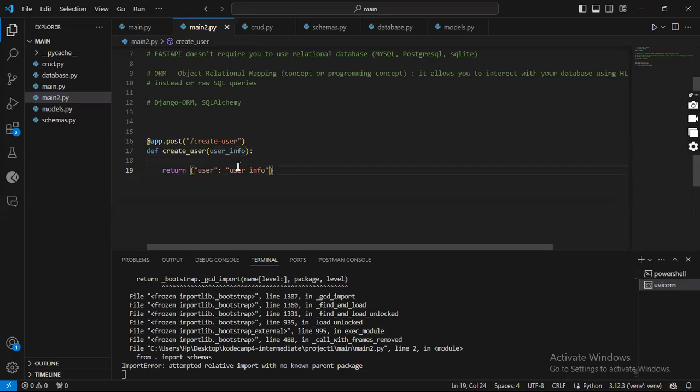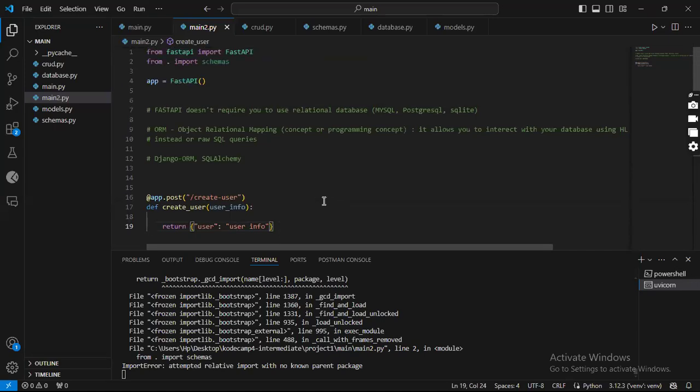Now, if we leave user_info like this, FastAPI will automatically consider user_info as a query parameter. We do not want that. So we have to especially let FastAPI know that this is a Pydantic object, and as such we are expecting it to come in as a request body. But since we are having an error somewhere,